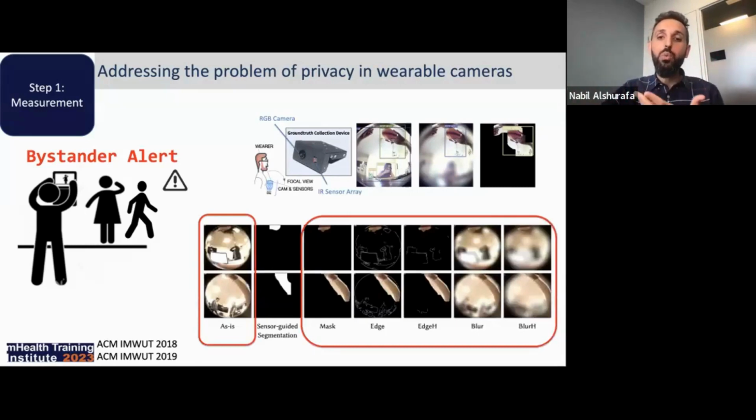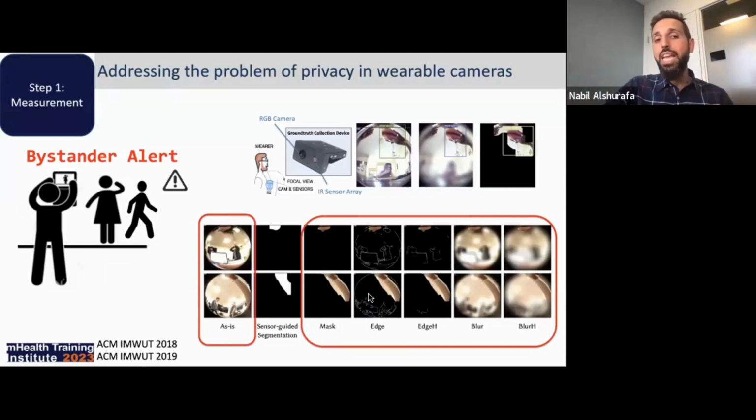And so we designed this wearable RGB and thermal camera. The thermal camera helps us capture the heat of the hand and face. And so what we can do is make sure that the objects around the hand and the face are visible and objects in the background are blurred. We tested different obfuscation methods, things like masking, a full-on mask right here that just shows us the hand and what's in the hand.